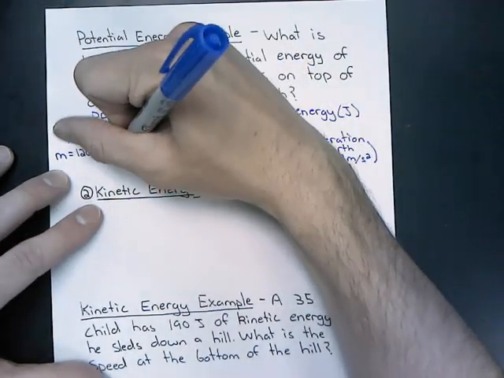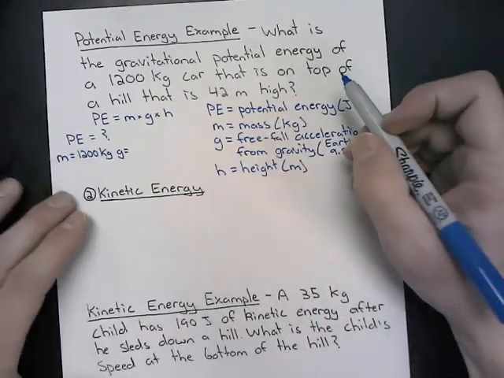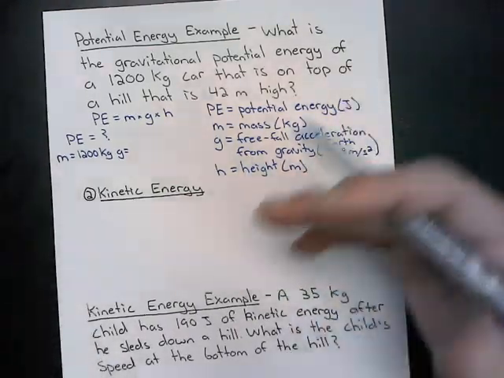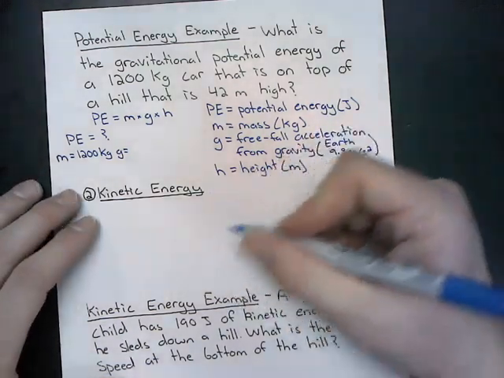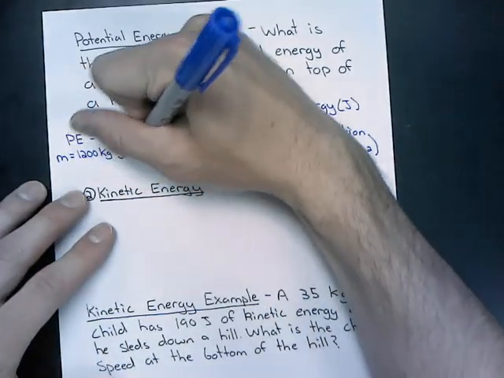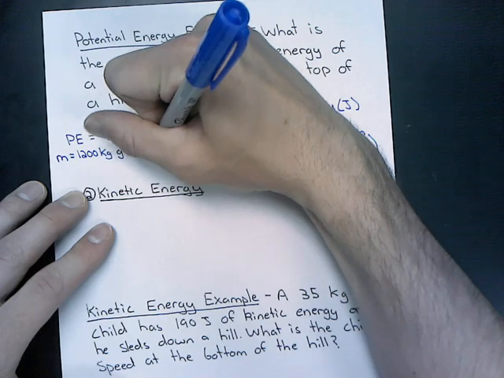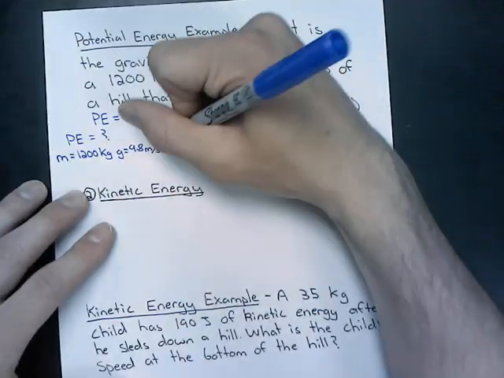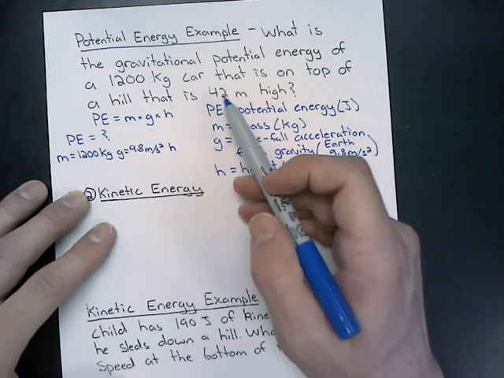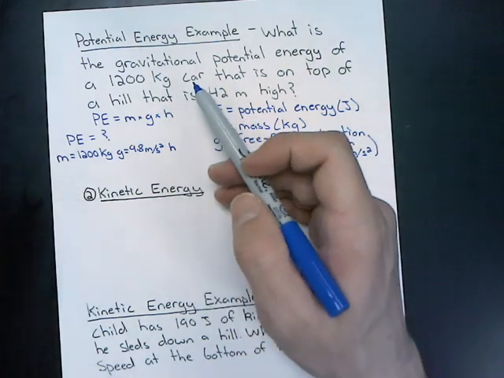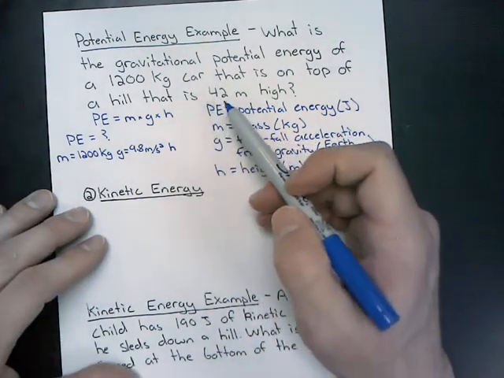Our g, we are assuming that we're on Earth. Unless it says we're on a different planet, we are going to be on Earth. So our g is going to be 9.8 meters per second squared. And then our h for height has to be in meters, but this roller coaster, this car, is at a height of